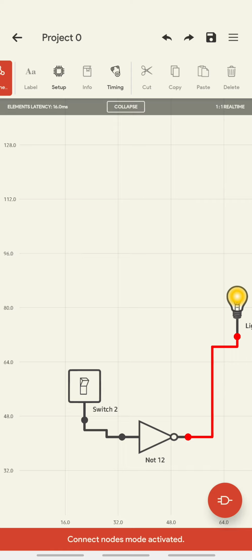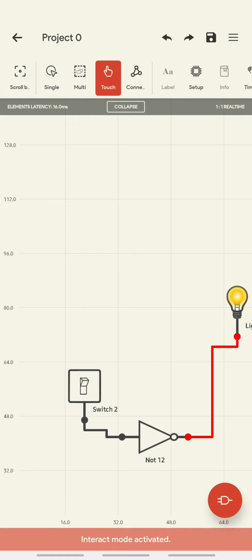Now this bulb is on because switch is off, bulb is on, so that is what the NOT gate does, it inverts the input. Now if I make this switch on, my bulb should go off, right? So it's opposite.